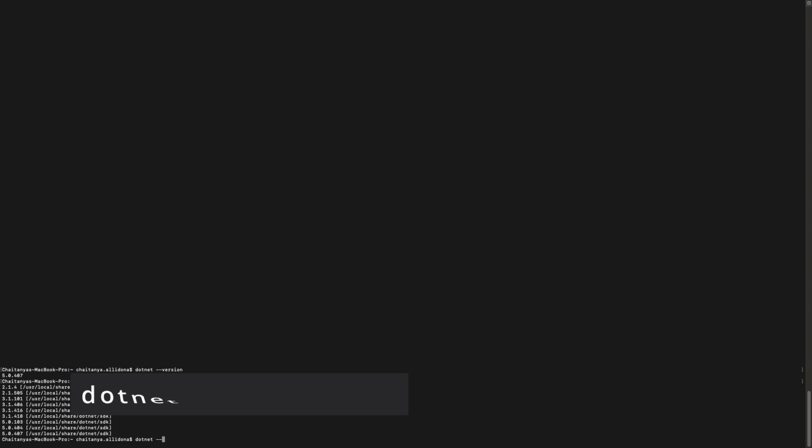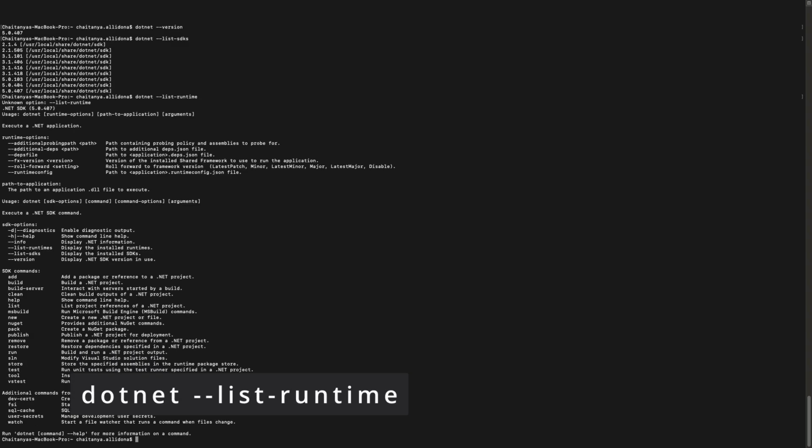So now, in order to find out what all other SDKs are installed in my environment, I just have to say .NET --list-sdks. What it will do is show all the versions of the SDKs that are installed, from 2.1 to 3 to 5, which is the more recent one. You can have multiple SDKs installed in your environment, and this command will list down all the versions. Similarly, you can use --list-runtimes to list down all the runtimes that are installed on